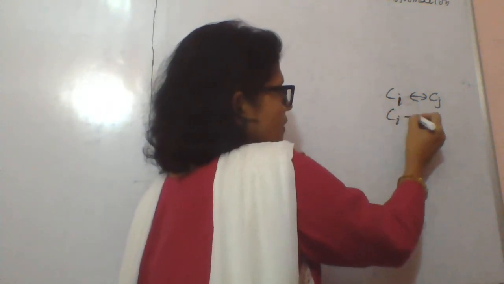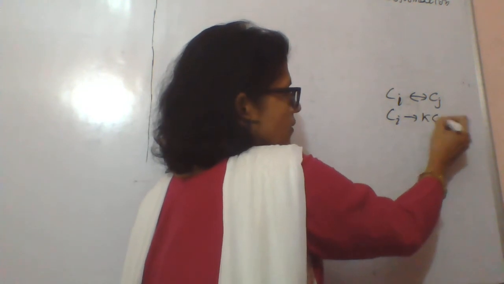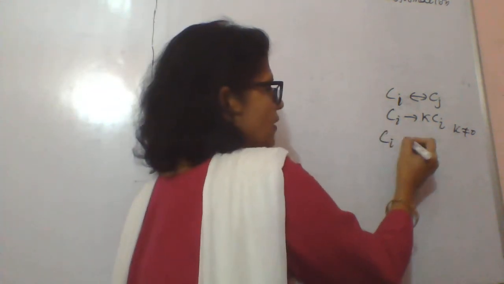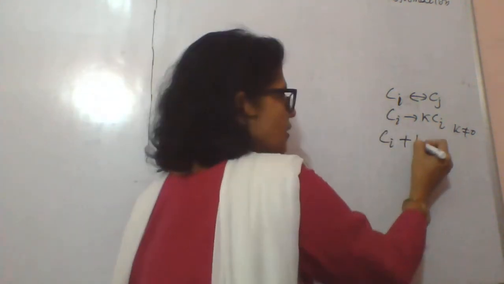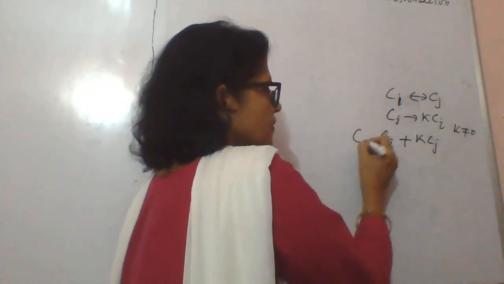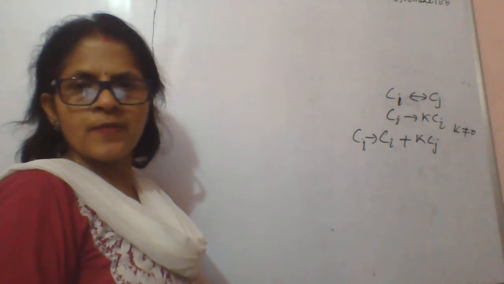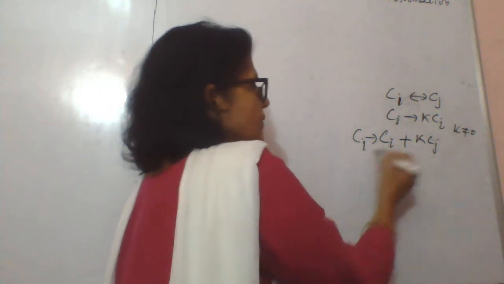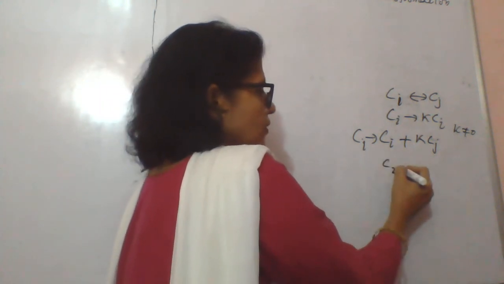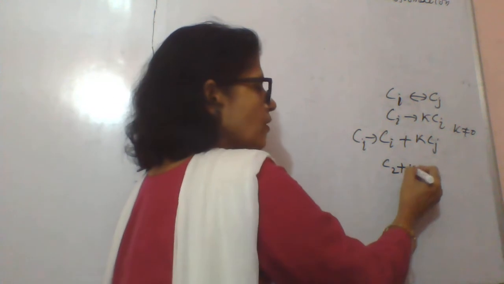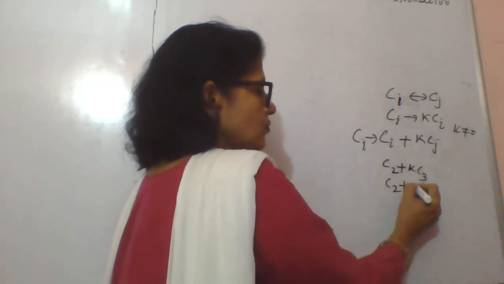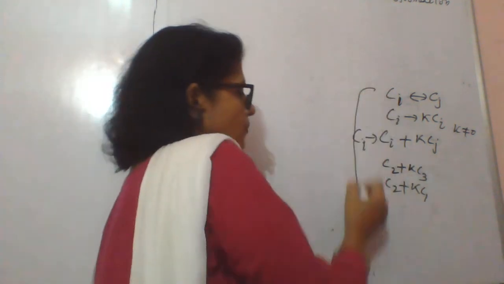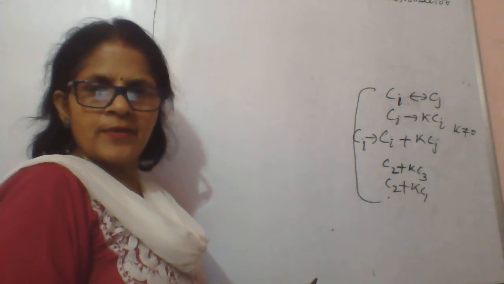Then any column can be multiplied by any non-zero constant. Okay, third rule is to any column we can add multiple of another column. So Ci replaced by Ci plus k Cj, where k is any non-zero number. Okay, so it means with C2 you can add multiple of C3. Yeah, with C2 you can add multiple of C1. Okay, so with these three operations we will start elementary column operations.